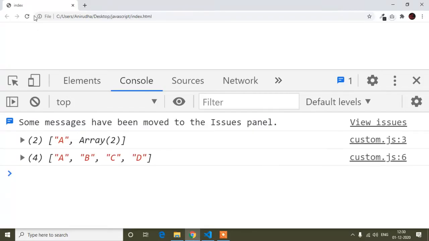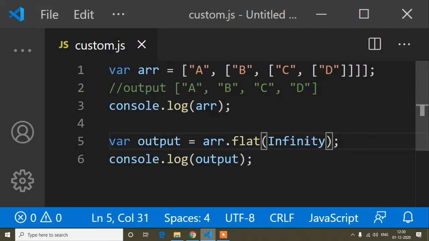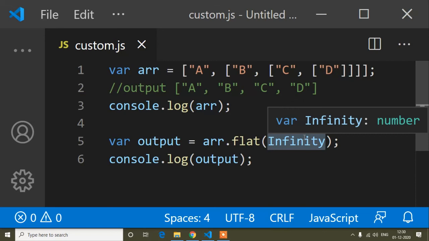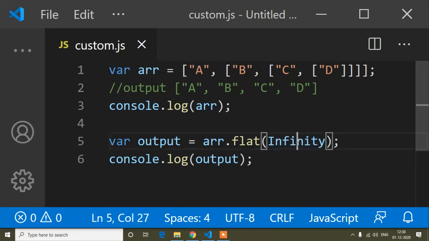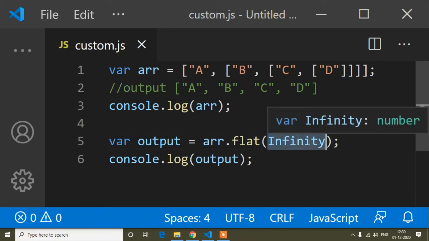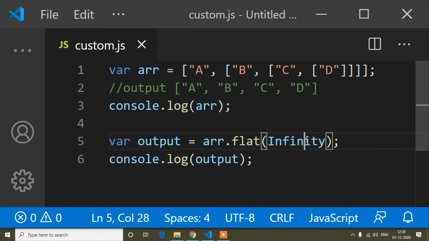If you write infinity, you can see it works. So when you have many sub arrays, this time you write infinity, but not all the time, because it will take a lot of time to reload your page. Only when you have many sub arrays do you use infinity.